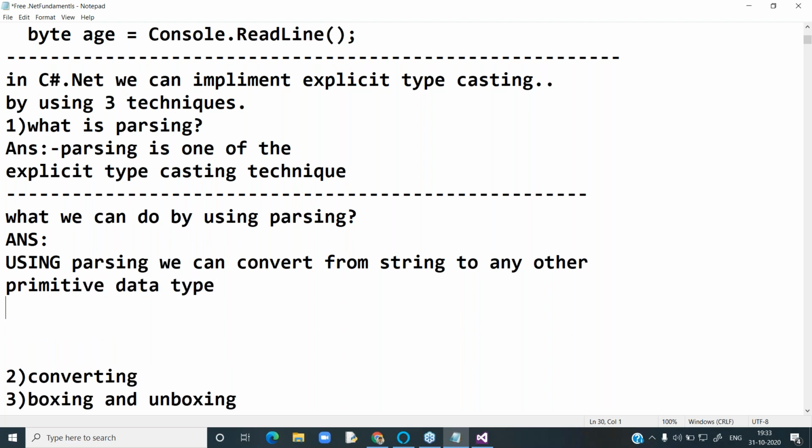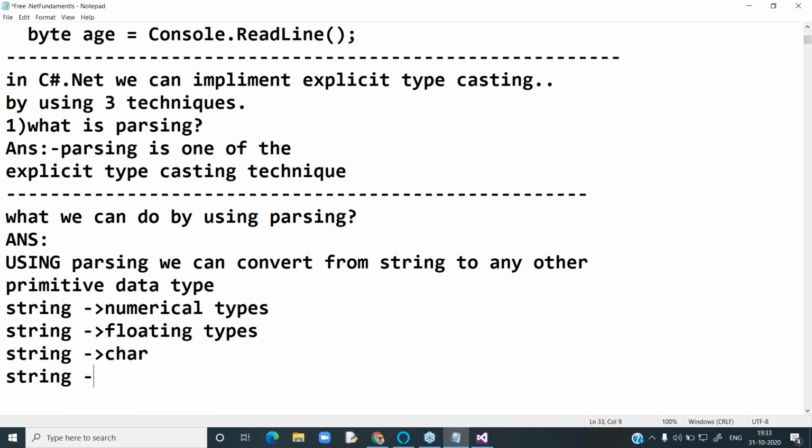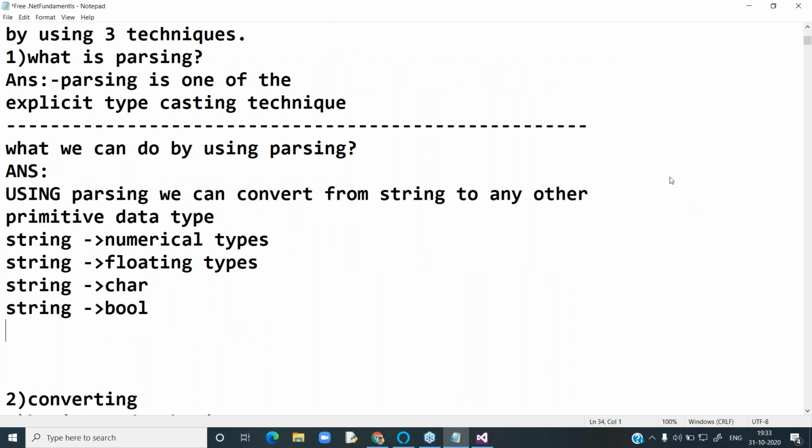String to any other primitive data type means string to numerical types, string to floating types, string to char, string to bool. You don't require to convert from string to object. Why don't you require to convert from string to object?